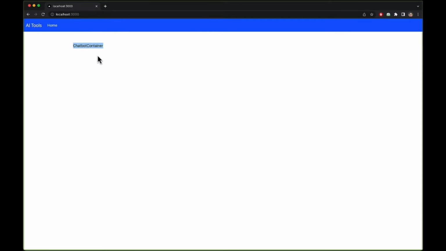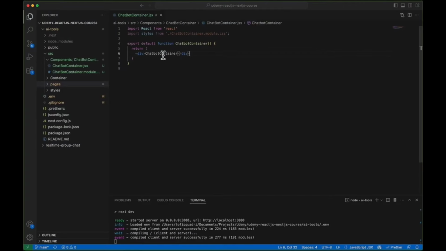So let's start by creating the UI for our chatbot container. And in order to create our UI, let's first remove this default text, and on our div we will create it as a container. We'll give it rounded top in order to make border radius from the top side. And inside this container we will create our header first. So let's create a div for it, and we will also give it a class name, and we will give it padding of 2 from all the sides. Also we will give it padding of 3 from left and right. So let's give it px3,